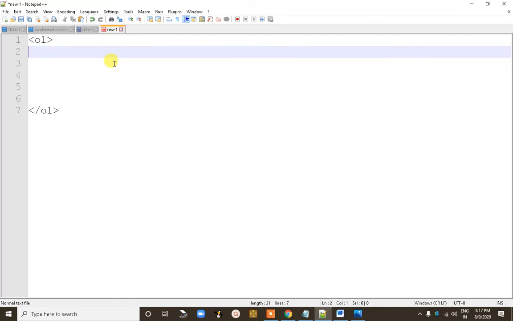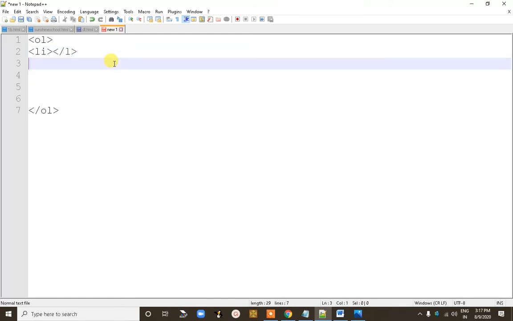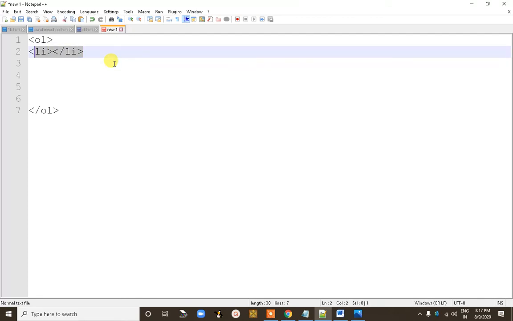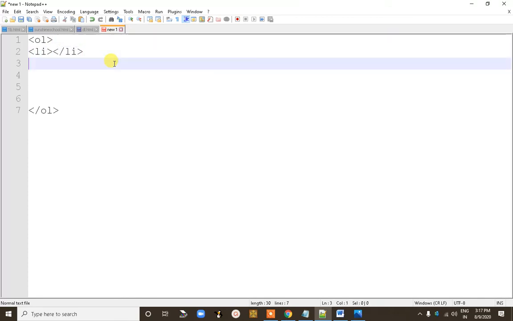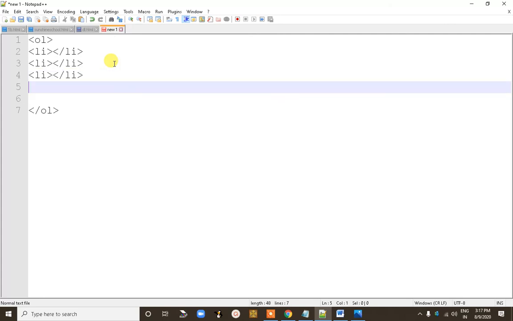So within the ol tag we will use the li tag, list tag. Li tag start, li tag close. Now we have a total of 3 lists, so I copy pasted the list 3 times.